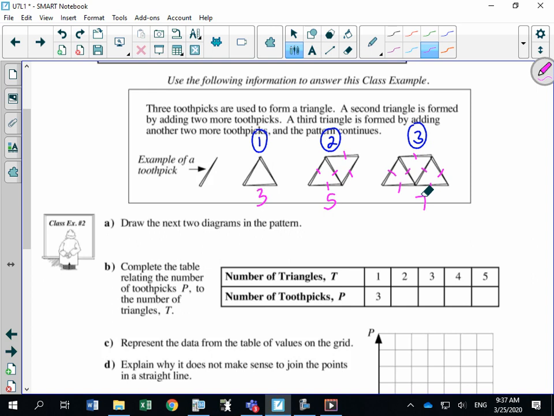What's the pattern? So A says draw the next 2 diagrams in the pattern. So they want you to be able to draw what 4 would be. So I'll let you draw that and draw what you think 5 would be. And then take a minute and fill in this table here. So the number of triangles, 1, 2, 3, 4, 5. The number of toothpicks, we have